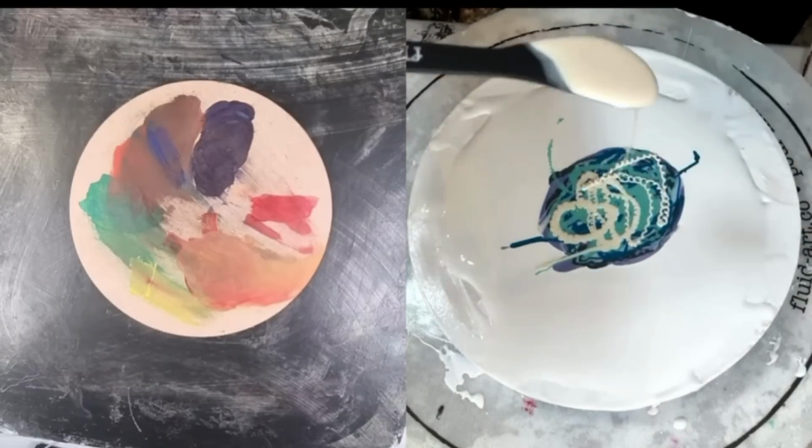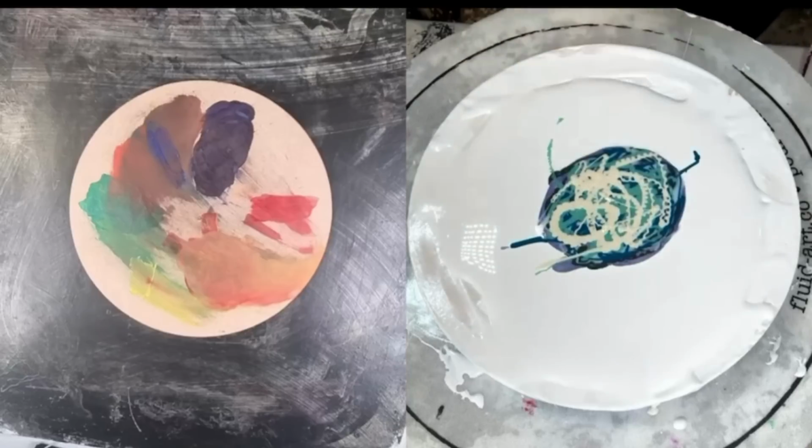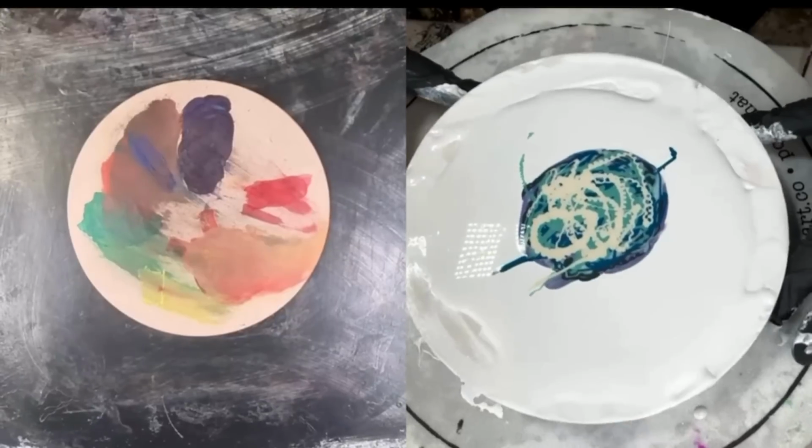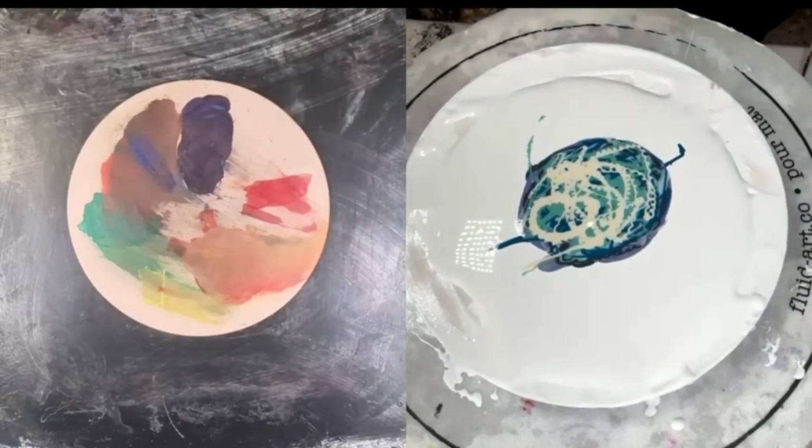Oh no, is it a brown of some sort? Oh, it's quinacridone QNAG. No, no, no, no. It's a...